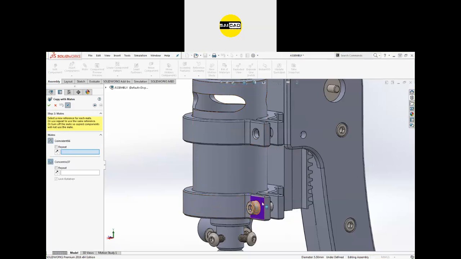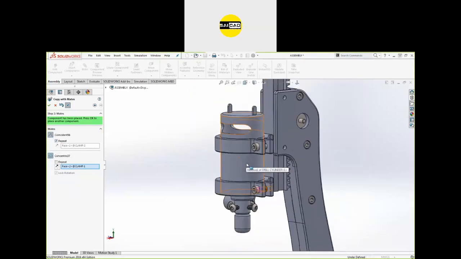We know that this face and this face are parallel. So if I repeat the relation for this mate, we know that mate is coincident. So if I repeat this one, the new object will be created according to that plane. But we have to define a new location. For that, we have to define the concentric location, that is this one. If I click here, you can see the object will be created directly on that location.